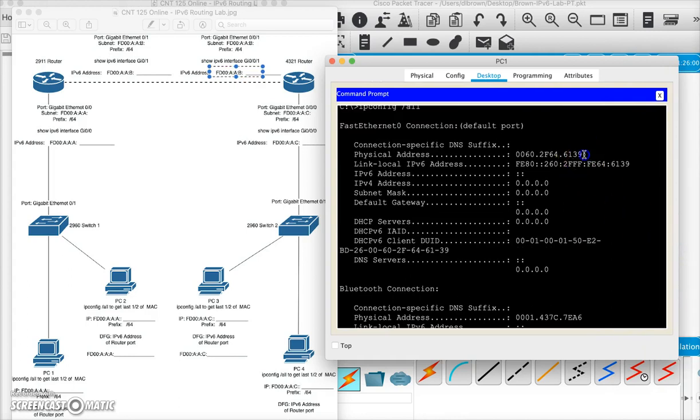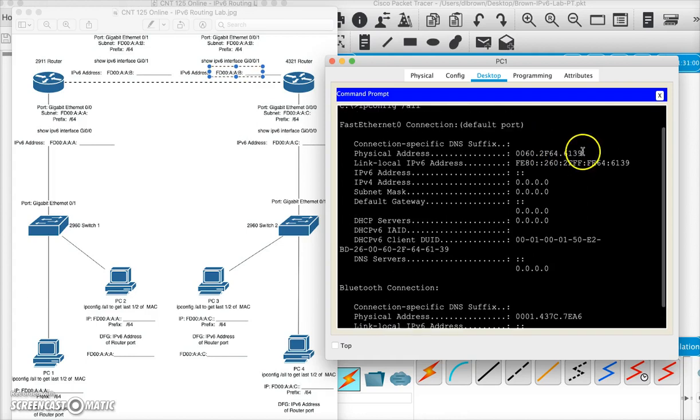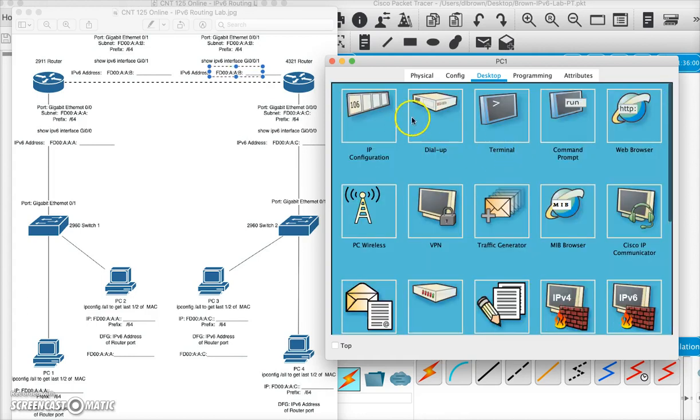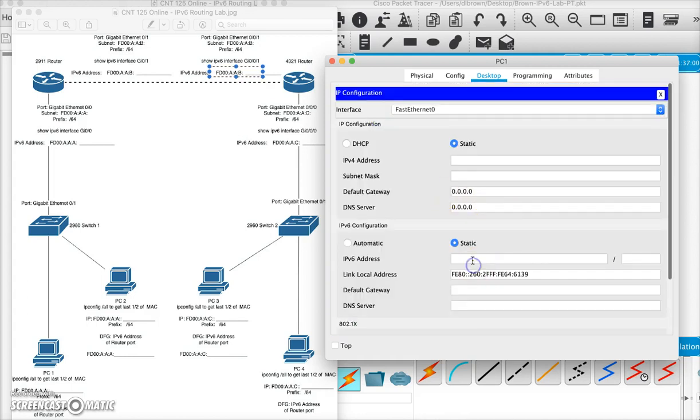Here it is right here. Here's my physical address. I just need the last half. I need this half right there. The first half identifies the maker, the last half is unique to the machine. So I'm going to copy that. I've got to make sure I get all of it. Come on. There we go. Right click, copy. Now that I have that, I can go back here, and for my IP version 6 address, I can paste that in the second half. The first half,